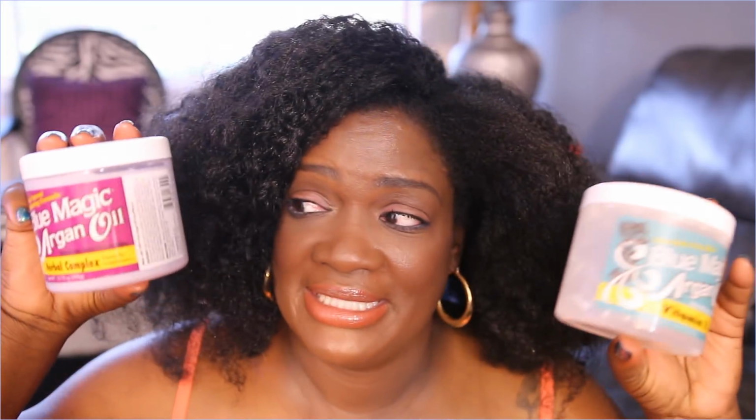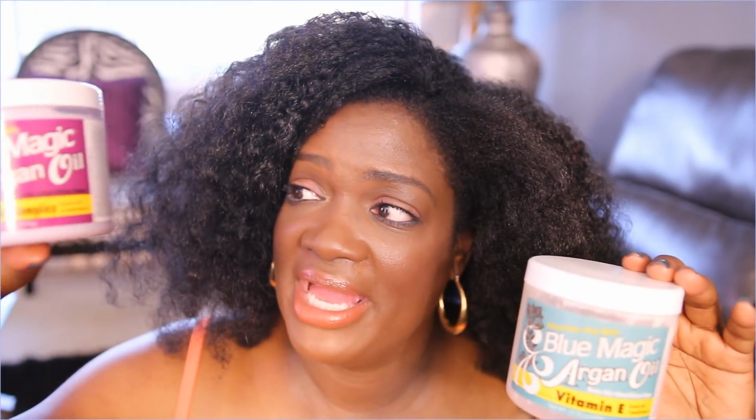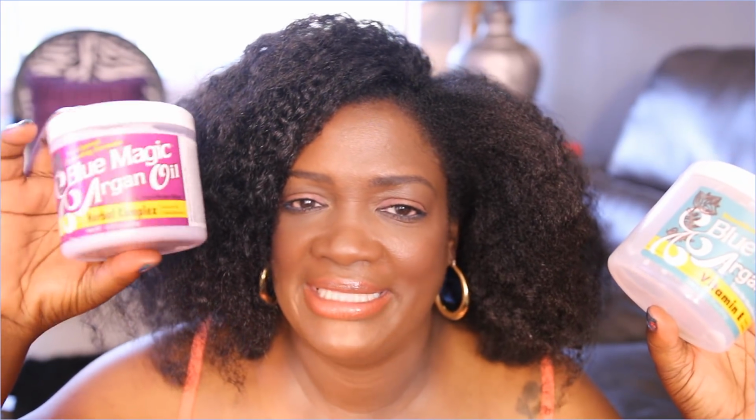So both of these had like the same ingredients, but I think this one had 4 different ones in it, like rosemary and hemp and stuff like that. And I couldn't figure out why is this so much juicier than this one, and it has almost basically the same kind of ingredients. Well, just those 4 little things made a difference. Also, I've learned that